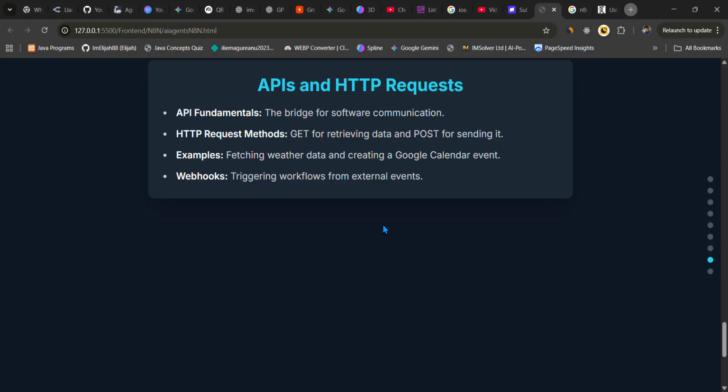You will see examples of how to retrieve weather data and create a Google Calendar event using this request. Webhooks are also introduced as a way to trigger your workflows from external events.